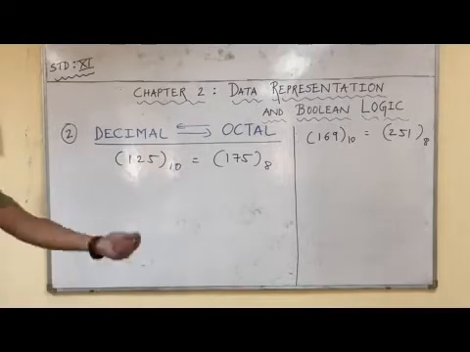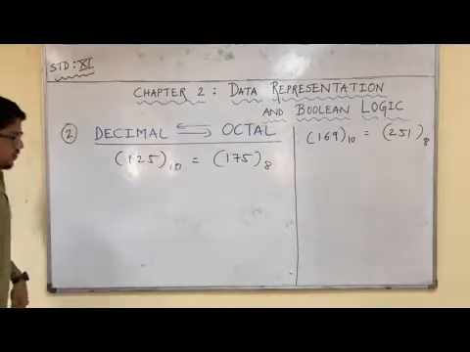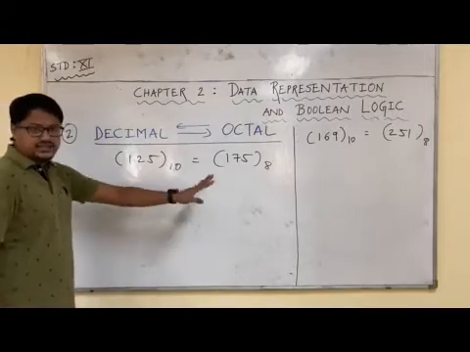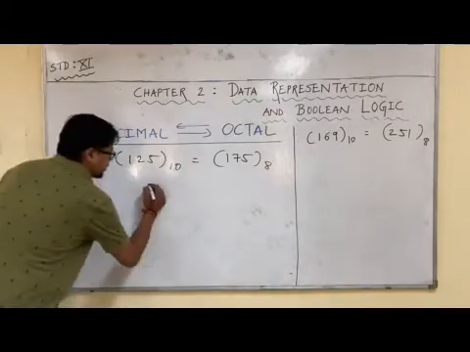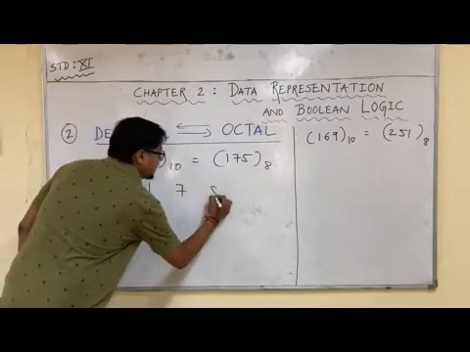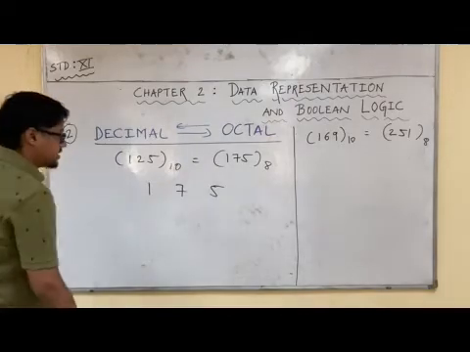This is a little different from what we did for conversion from binary to decimal. Just have a look at what I am doing. I have written the same questions again so that the clarity of our answers is also verified. Let us see. 175, correct? We want to convert it back to decimal. Okay, so let us see.